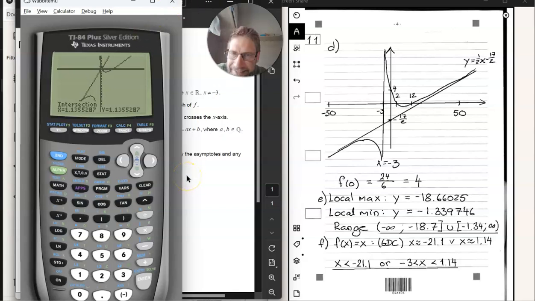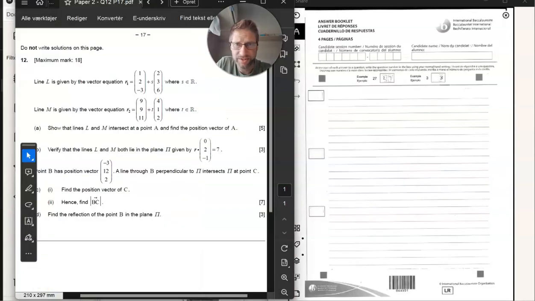And as you can see, this is a typical section B question. What makes it hard is not really the individual sub-questions. It's that it just keeps going on and asking for more things. And the way to do well is to not give up and run out of energy. Anyway, let's move on to question 12